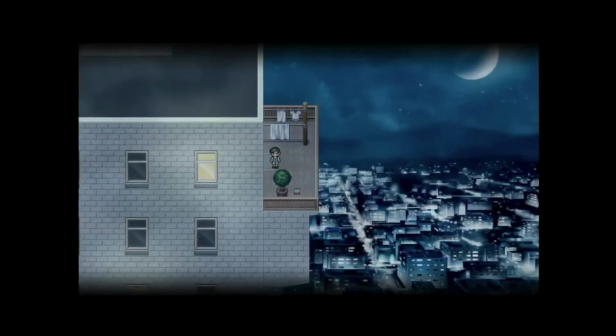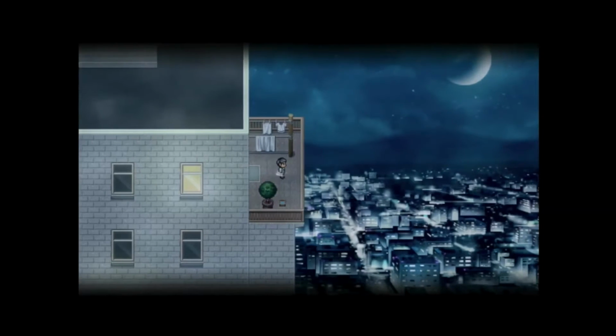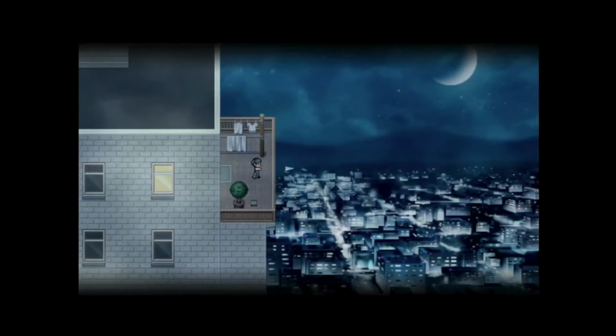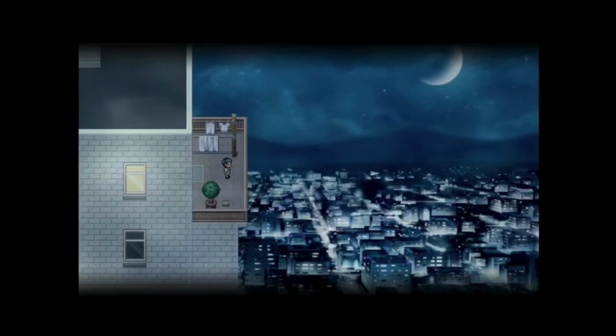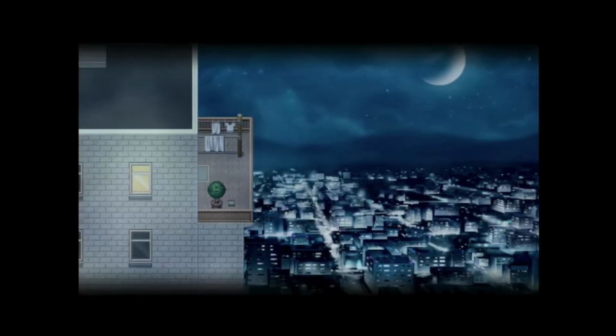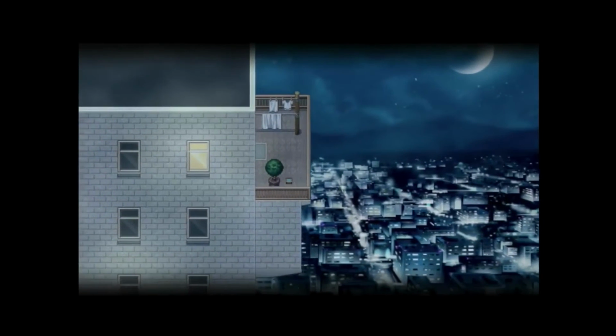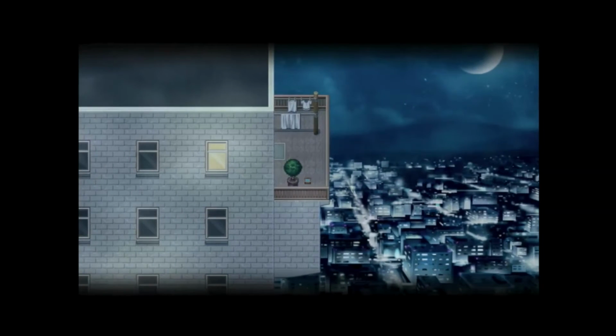However, this week I am interviewing the developer of the game, Mr. Ken Gao, and so before I bring him on the line, just a little bit about this game. It is a 1-hour narrative, sort of an interactive story with very little gameplay mechanics. There are no puzzles, no combat, and much of the time you don't even have control over your main character. They are just going about their lives as this little boy discovers a bird with a broken wing and nurses